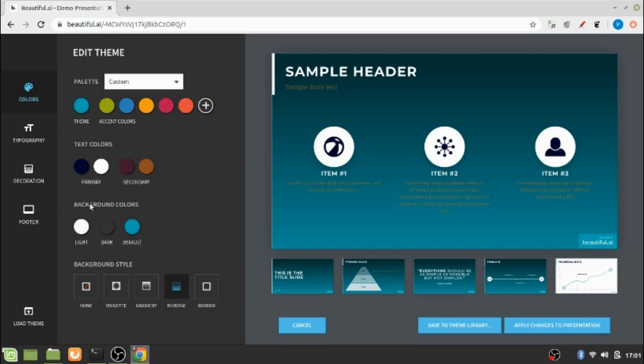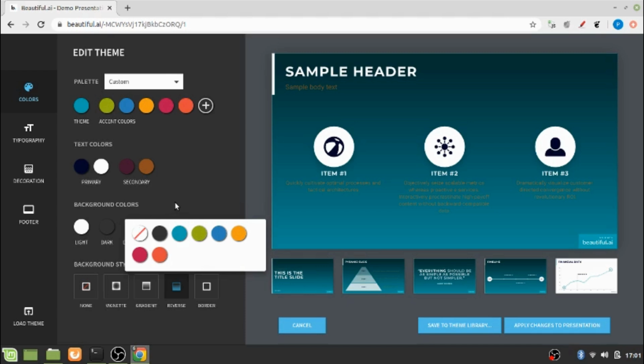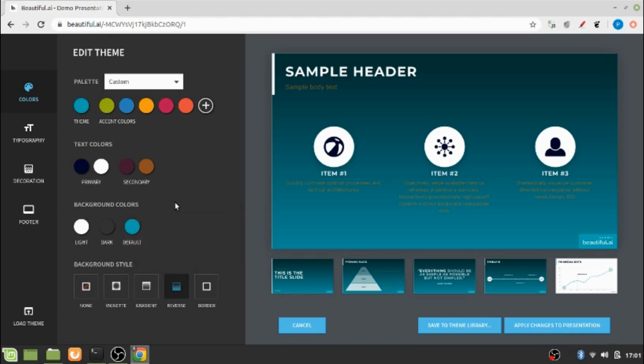And you can also change the background colors from light, dark, and this is the default one. You can always change it by clicking on the appropriate color of your choice. And you can also change the background style from vintage, gradient, reverse and border, and at present it is chosen as reverse.